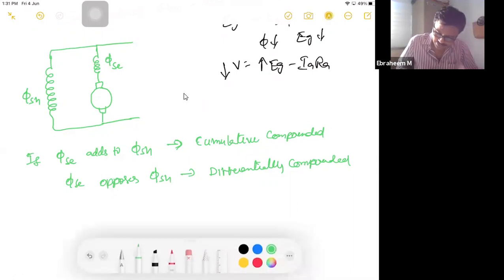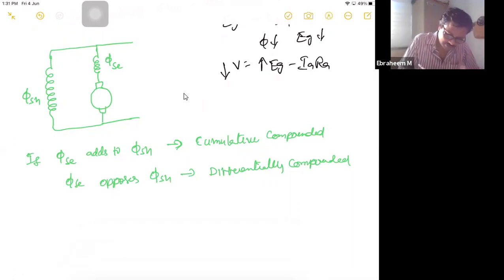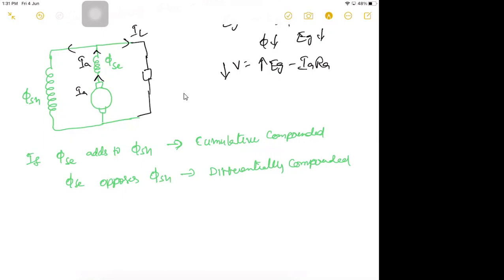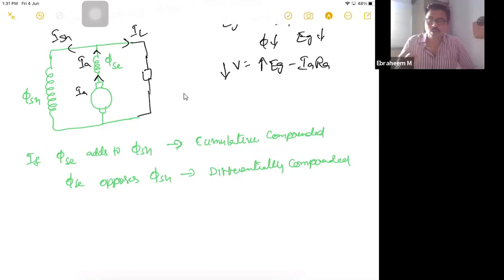Because in the series field, what current will flow? Whatever the armature current that flows to the armature, that will flow, right? So this armature current increases as the load current increases. Okay, so as the load increases, if it is a cumulative compounded generator,